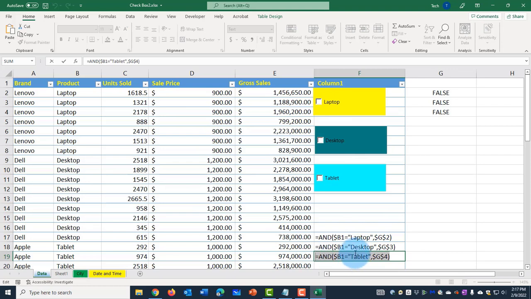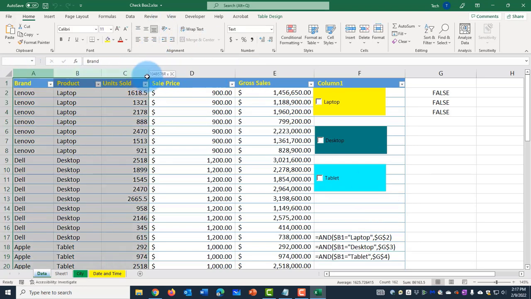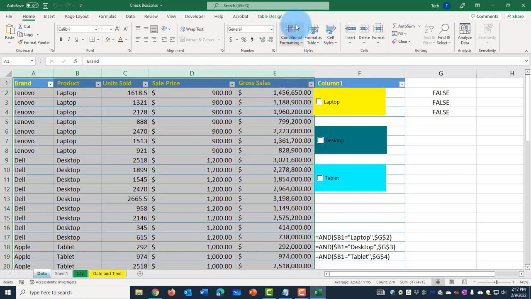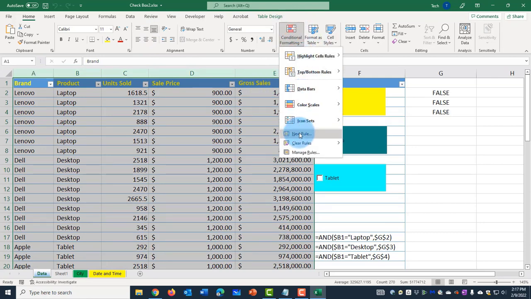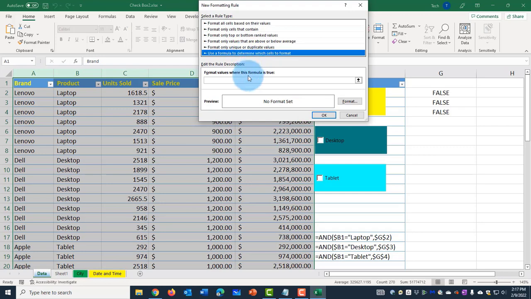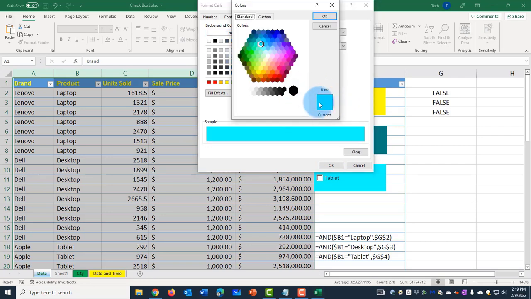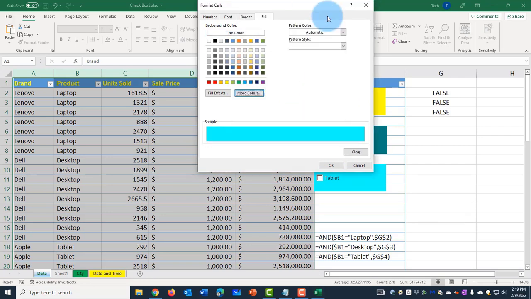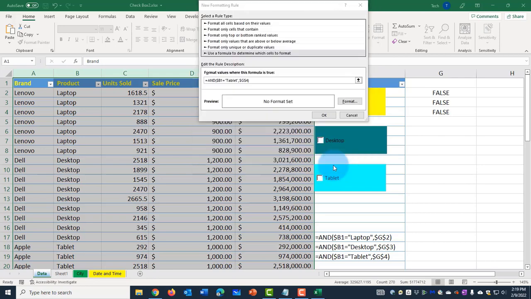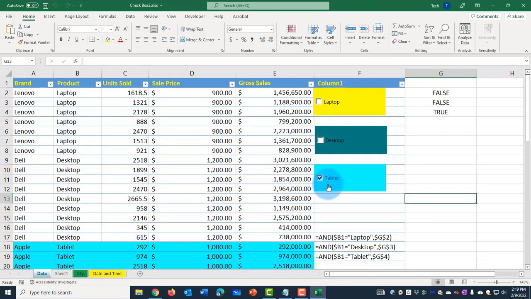So now for the tablet, so I'm going to highlight this, Control C, hit the escape on the keyboard, highlight all the columns, click on conditional formatting, new rule. I'm going to paste it here, Control V, click on format, so I choose the same color, turquoise, click OK, click OK. I'm going to click OK here, and now when I select tablet,